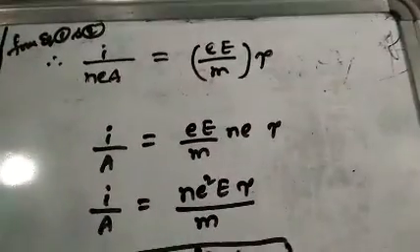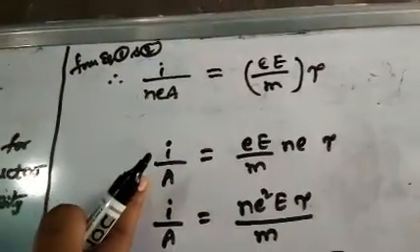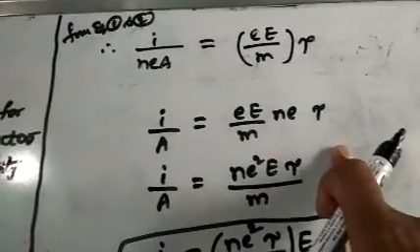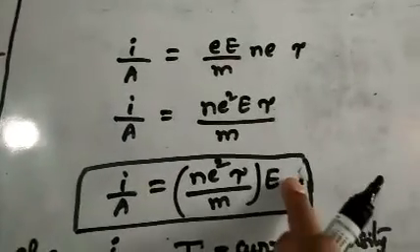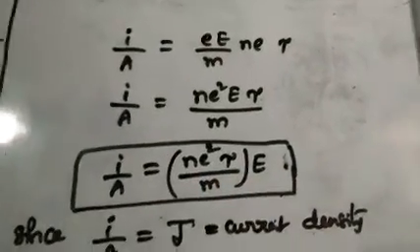So see the steps. I by nEA: I by A only I am writing on this side, the remaining I am throwing to the right hand side. So I by A is remaining like this. Check this. Capital E I am writing on the side, the remaining I am writing in a bracket.